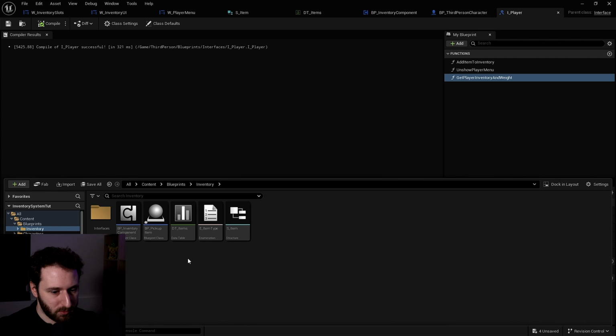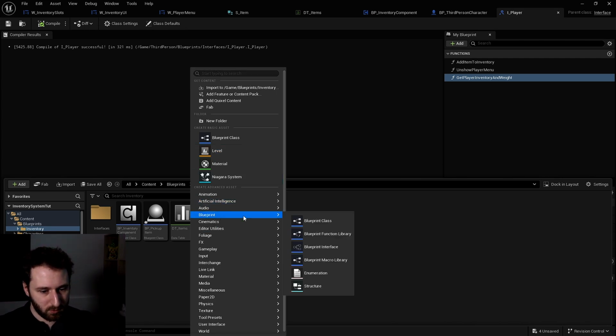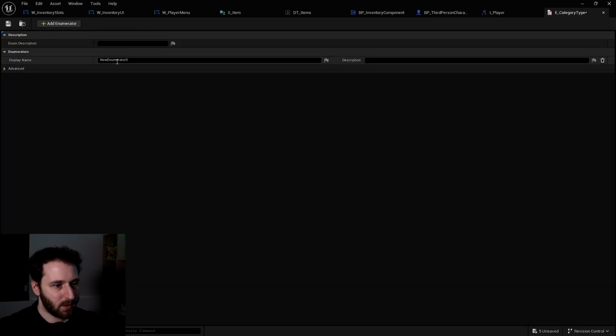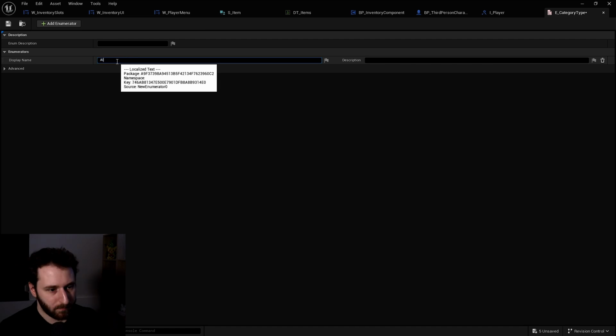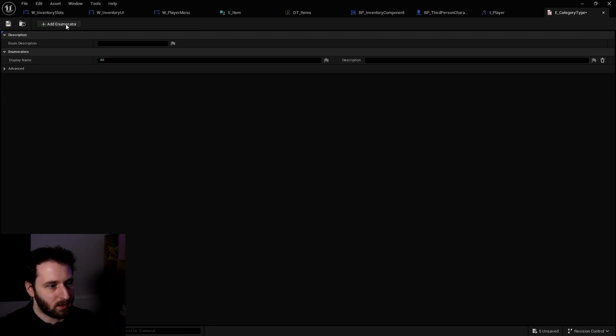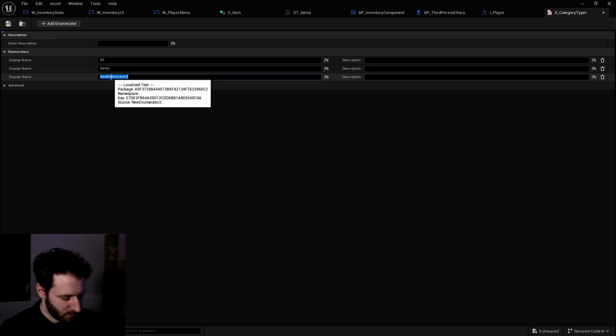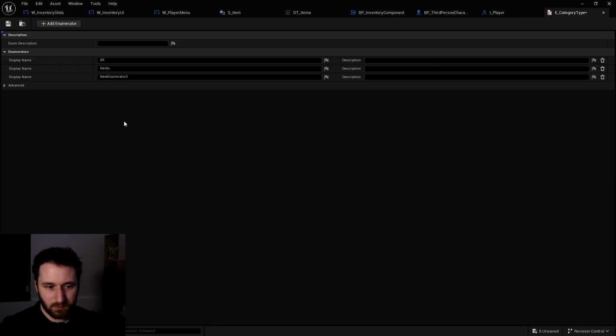So let's go into our inventory. We'll create a new blueprint enumeration, e_category type. We'll open it. We'll create all of the different category. We'll get all, there will be herb. There will be health, clothing, food.